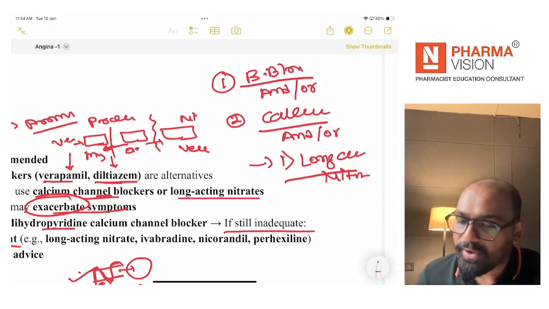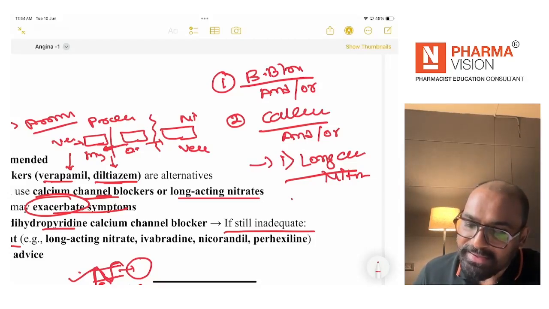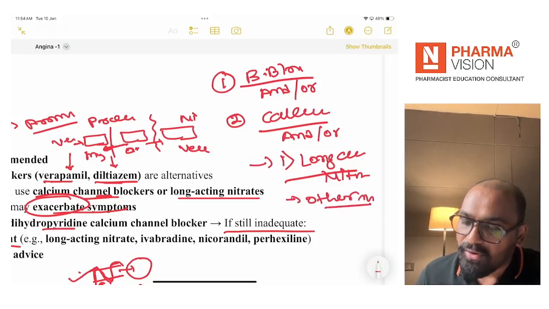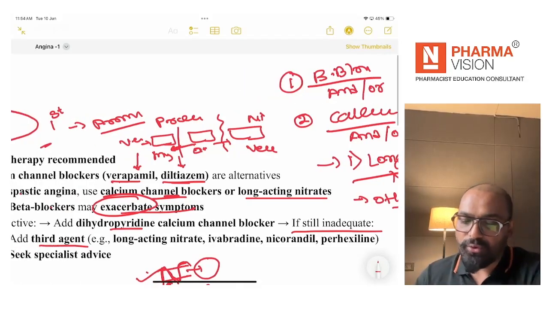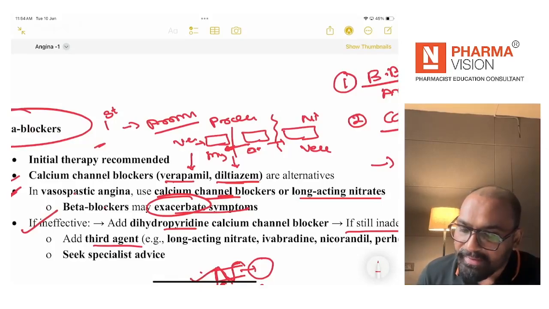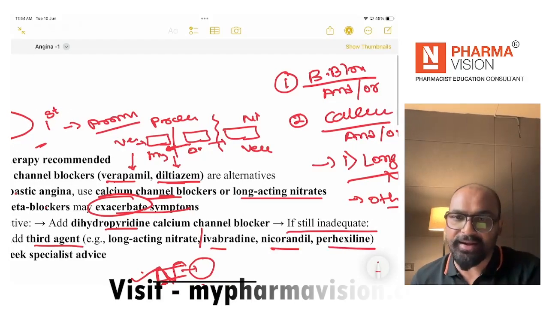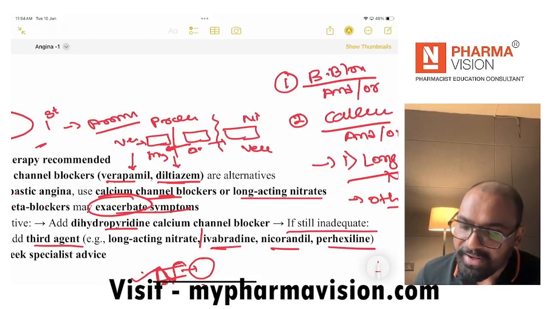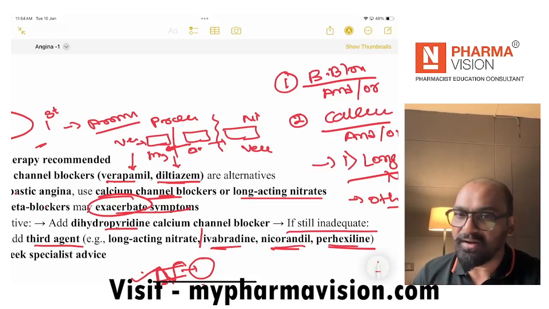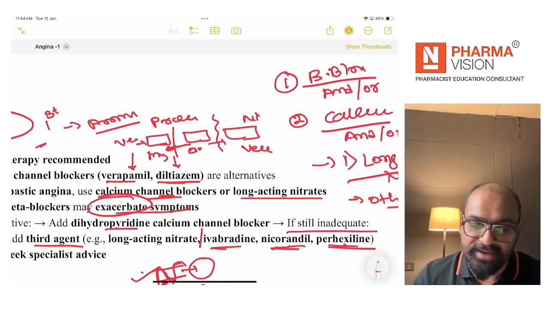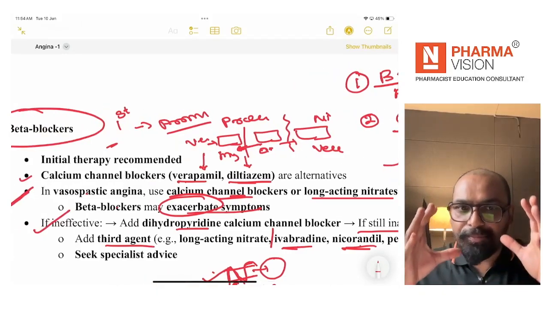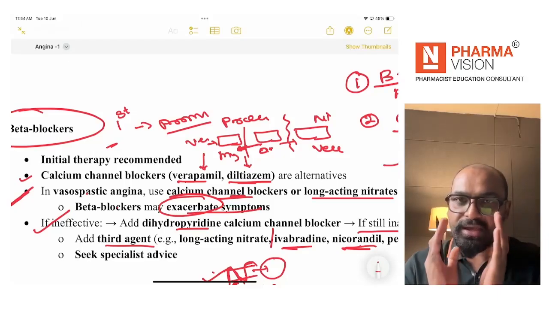ऐसा भी हो सकता है या तो ये नहीं ले सकते हैं तो भी नाइट्रेट्स दे सकते हैं। ओके, अगर यहाँ तक नहीं चलता है देन वी कैन यूज द अदर मेडिकेशंस। ओके, अदर मेडिकेशंस में कौन कौन है? ये आइवेब्रेडिन, निकोरेंडिल एंड परहेक्सेलिन। ओके, तो ये तीन मेडिकेशंस अदर एंटी एंजाइनल मेडिकेशंस हैं, आइवेब्रेडिन, निकोरेंडिल एंड परहेक्सेलिन।